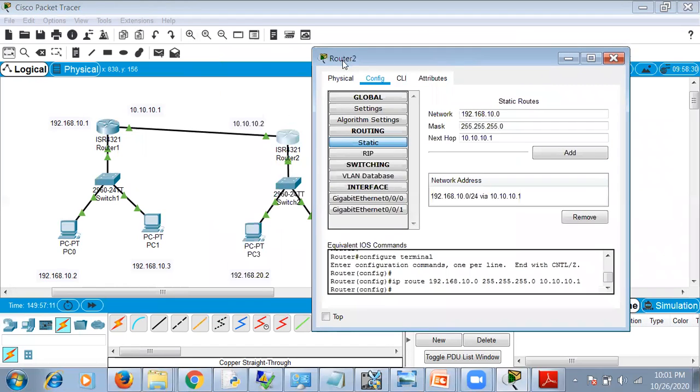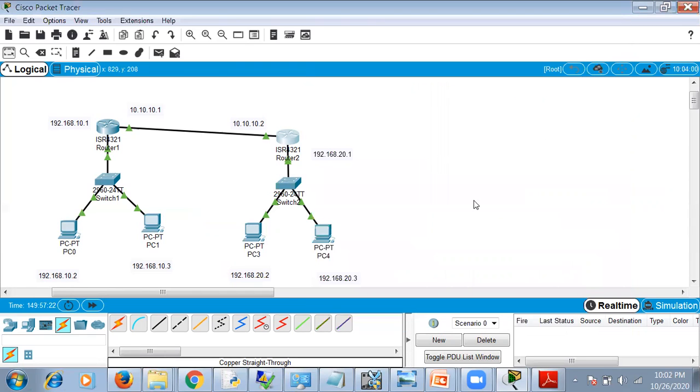So now this is for the router 2 connection. For this LAN to send a message to this one, it has to go through router 1. So the router 1 address is this much. Now we'll check whether we can send a message. We'll try once again because it has to.